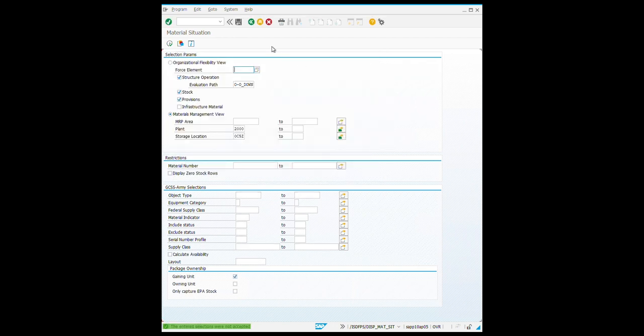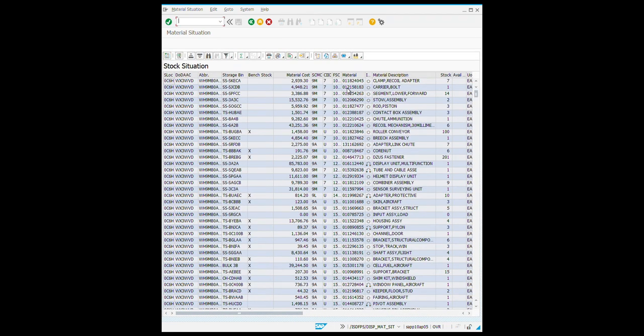Okay, so the next thing that I want to show you is how to turn your auto replenishments on and off. So we're going to bring up my Matsit, and I'm not going to give it a material number. I'm just going to run it wide open. Okay, so now that my Matsit is pulled up,